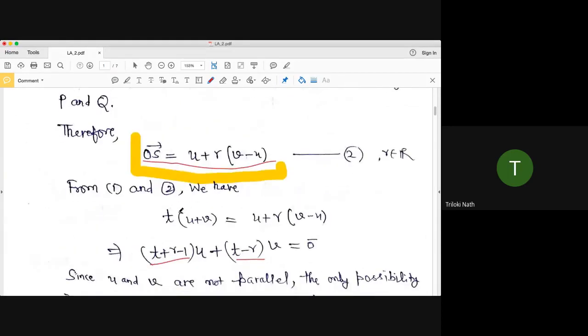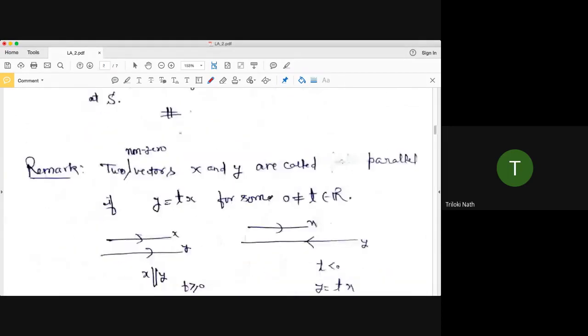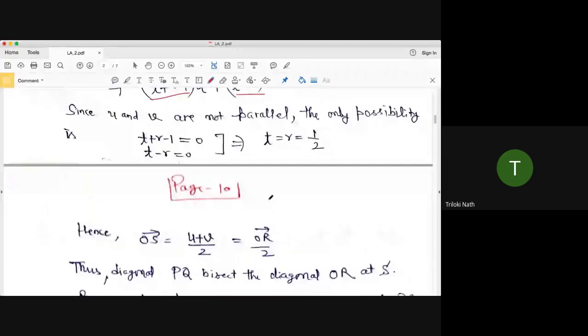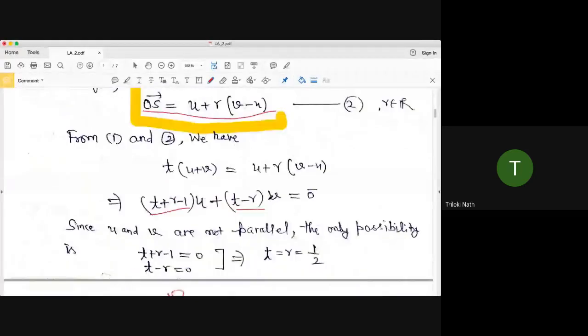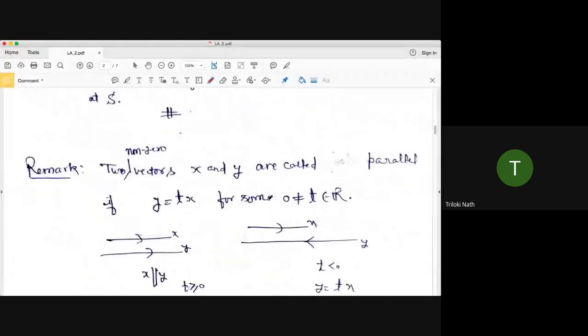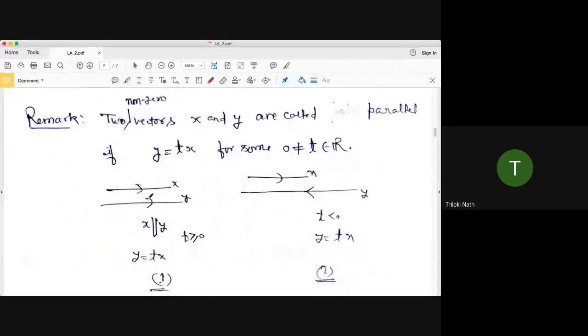Okay, I already talked about the parallel vectors. So how do you realize what parallel vectors are? You know very well. These type of vectors: this vector x and this vector y have the same direction. They are different in magnitude, but they are parallel, right? Similarly, this vector x and this vector y are different in magnitude and opposite in direction. So this vector and this vector are parallel vectors. So geometrically, this is the idea, right?